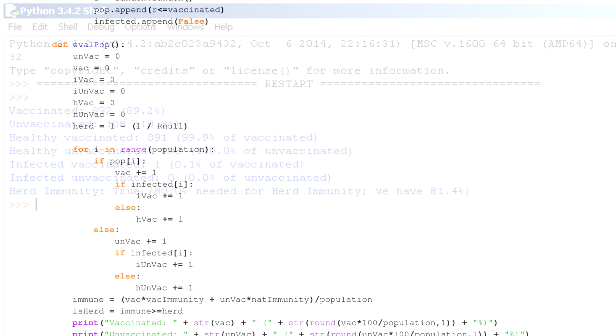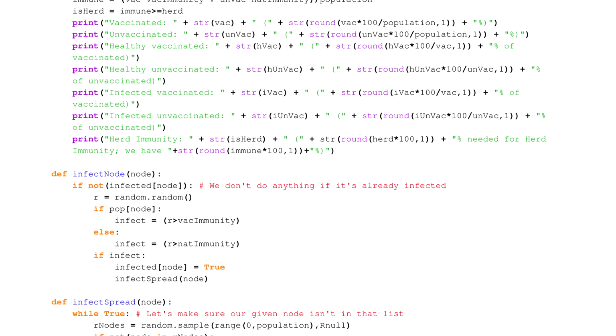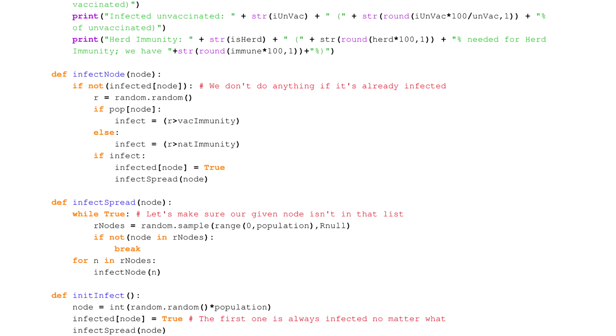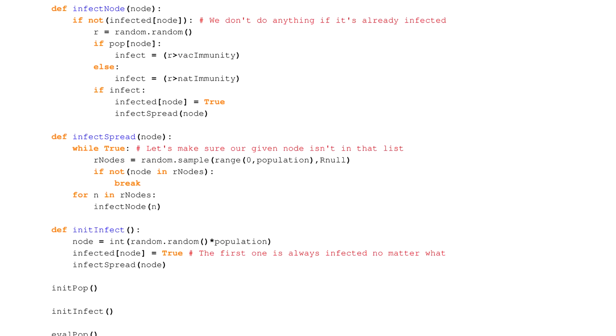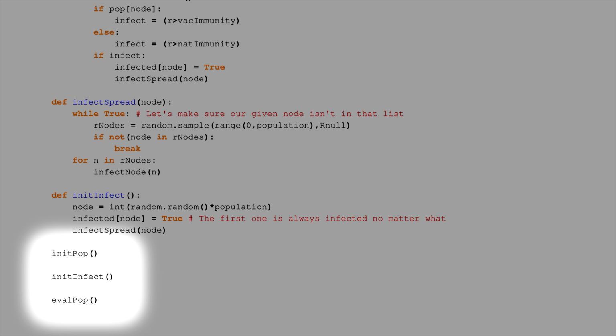So let's take a look through the code and see how this works. And by the way, this is all original code. Nothing was taken from the JavaScript version because I'm going about this a completely different way. The main program runs as 3 functions: initPop, which initializes the population, initInfect, which starts the infection running, and evalPop, which gives us the results when it's